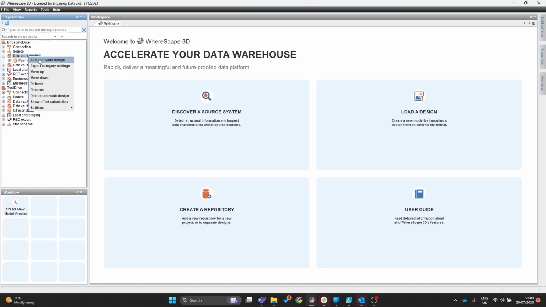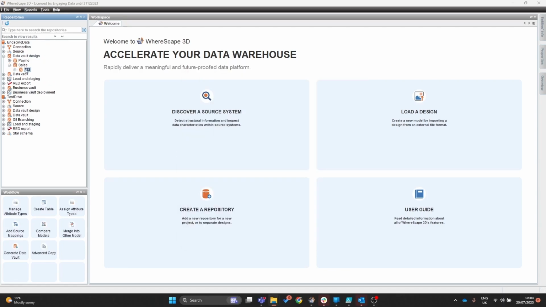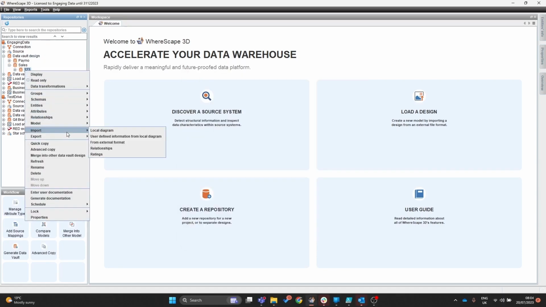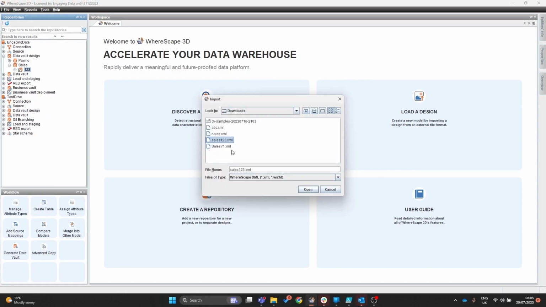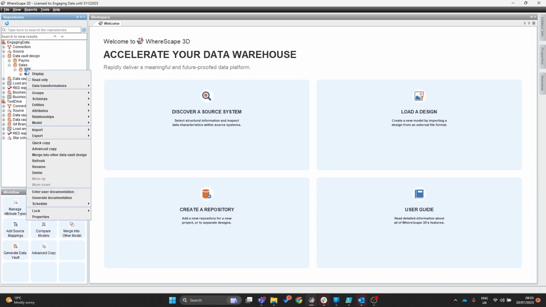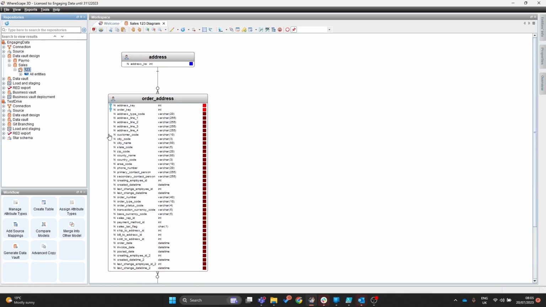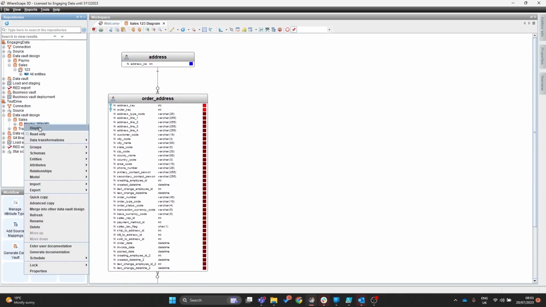So right mouse button on the category, click on Add. Each category have got slightly different settings, so you may see something different to what's on screen. You right mouse button on the model version, go down to import, and then click on from external format. Select the file that you exported earlier and then click on open. You can overwrite these settings. Once the model's been imported, click on display. Once you click on display, you can see all of the design settings that you brought in from your previous